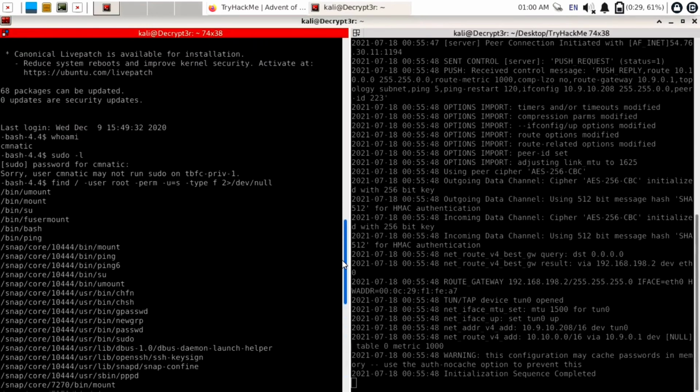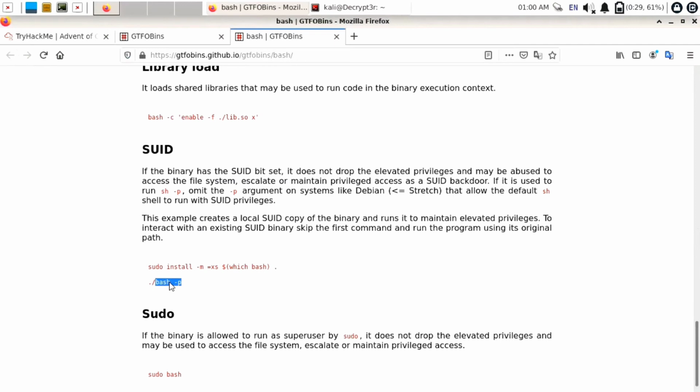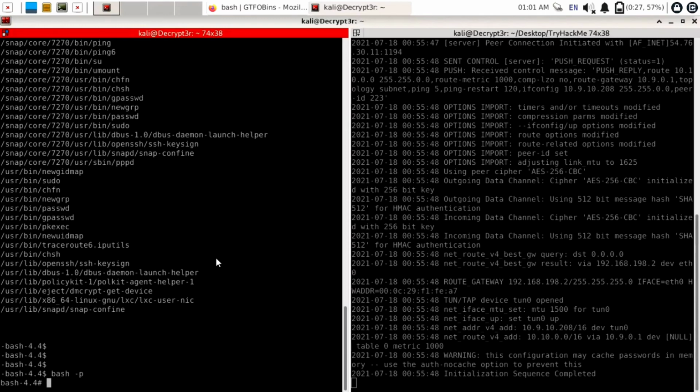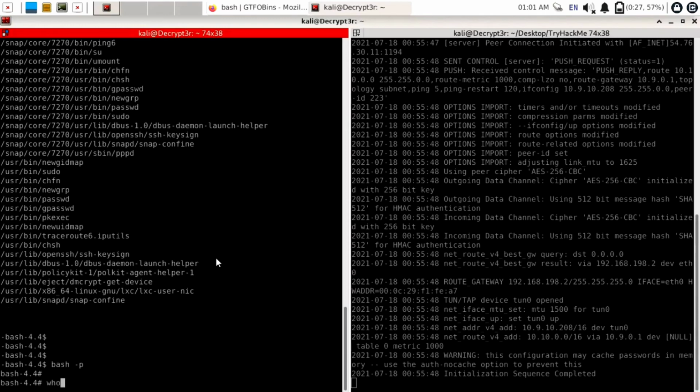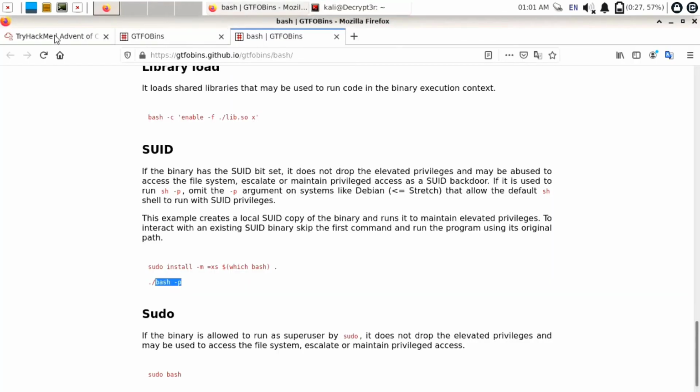This will start finding all the executables that have SUID permissions, like umount, mount, su, fusermount, bash, ping. These commands have SUID permission, and we already know that with the bash command we can use bash -p to get root privileges. We already found this in GTFOBins. So let's try to run this command on our target machine. Use bash -p and hit the enter button. Use whoami here to check our current user, and you can see we are currently logged in as a root user.